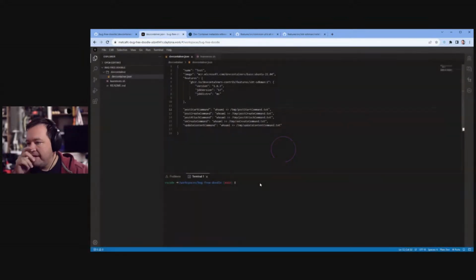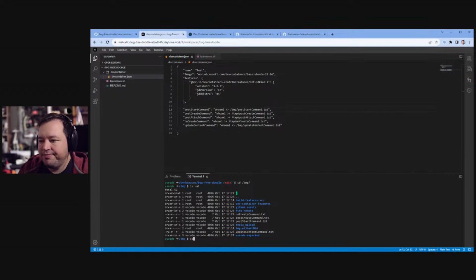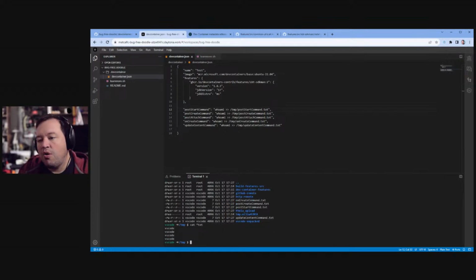Should be. All right. So let's go see what happened over in Templand. So hopefully this worked. There we go. So all of these are running as VS Code, which is not what I would have expected. So they all run as the user. But that means that